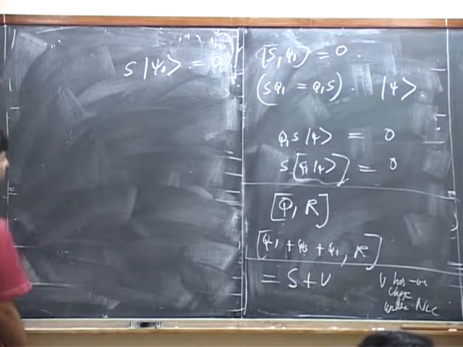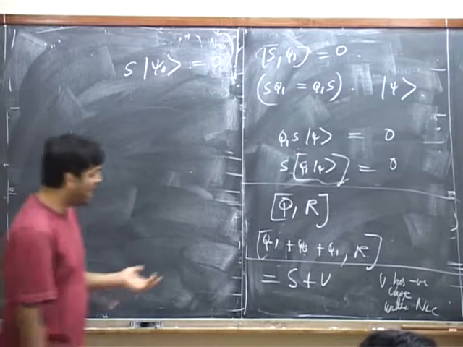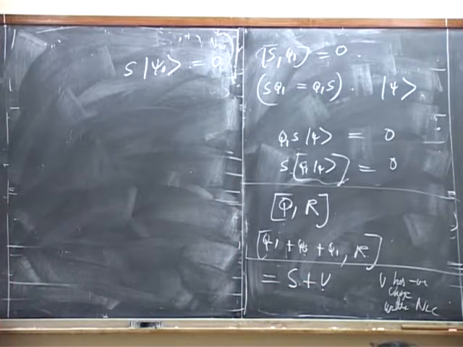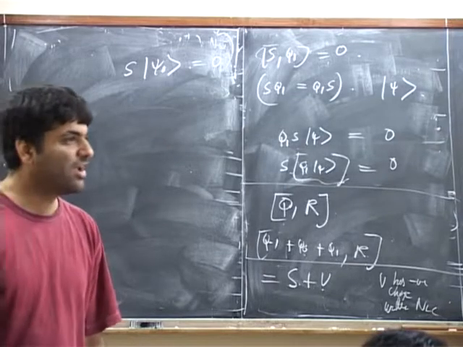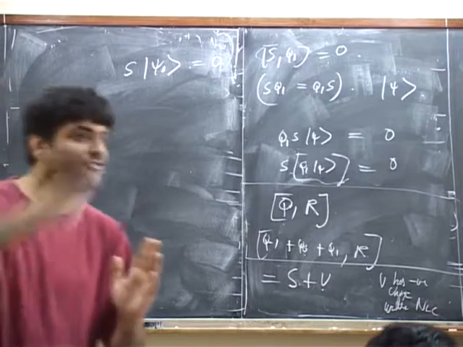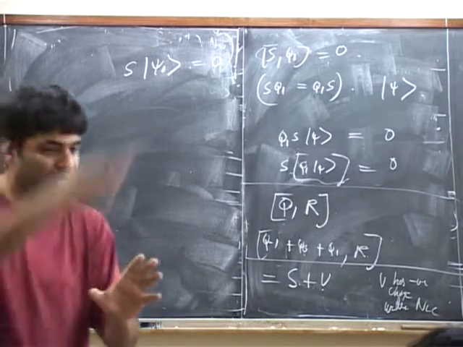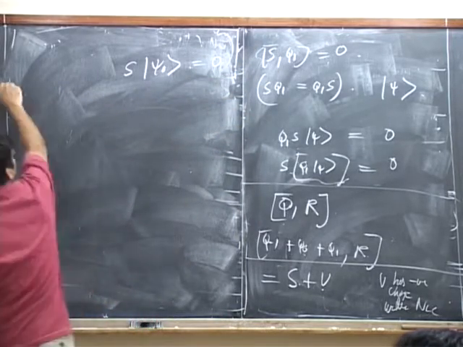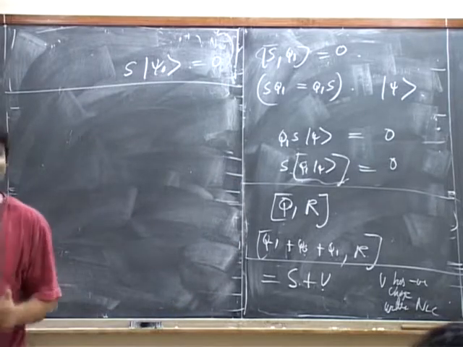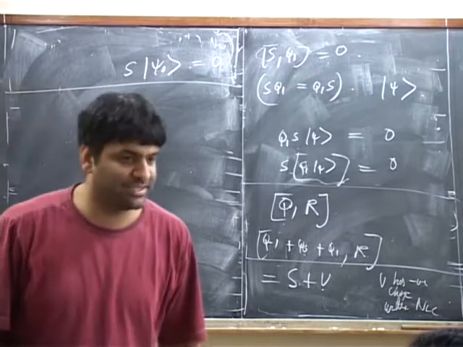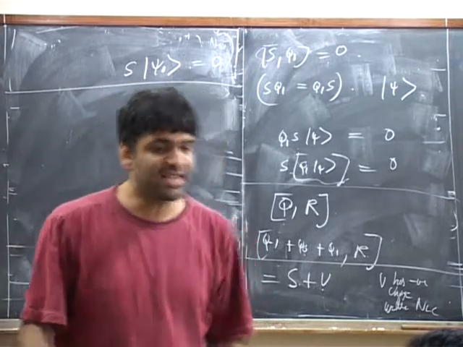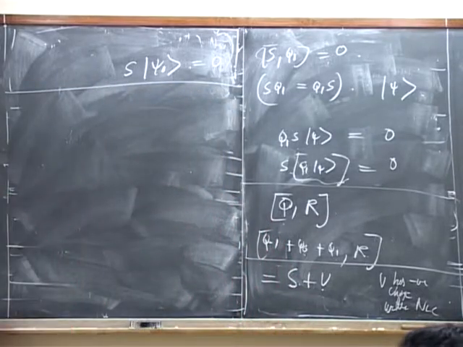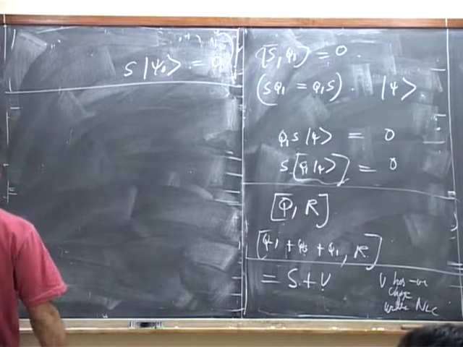Now, I want to give you a construction of a state that is annihilated by S plus U. Essentially, what we're using is the fact that the kernel of a lower triangular matrix is equal to the kernel of the diagonal elements of the matrix. But I'll prove it to you exactly. What I want to do is to show that there is a one-to-one map. By explicit construction, I will construct a one-to-one map that takes states in the kernel of S and produces states in the kernel of S plus U. So how do we do this?